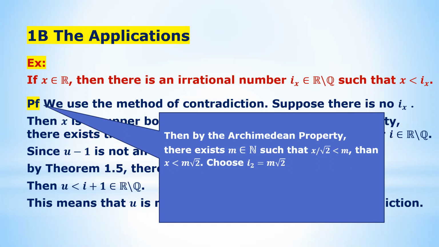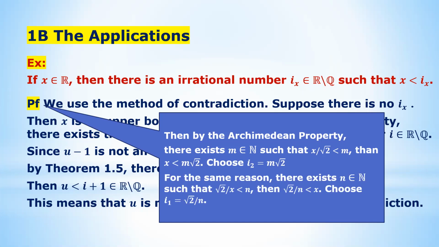Now the question is I1. How do you find I1 smaller than x? You can proceed in a similar way. When you found I2, you applied the Archimedean property to x divided by square root 2, right? Now here, to find I1, you apply the same property to a different number. Actually you're using square root 2 divided by x instead of x divided by square root 2. Okay, just the opposite. And then you can see, based on the Archimedean property,